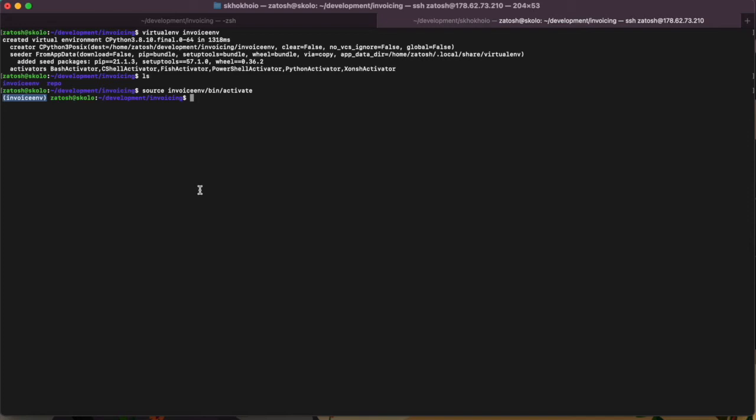So the next time I create another project and I want to use a different version of Django, it doesn't affect my old projects, because everything is enclosed in an environment. So I'm going to pip install Django in there,